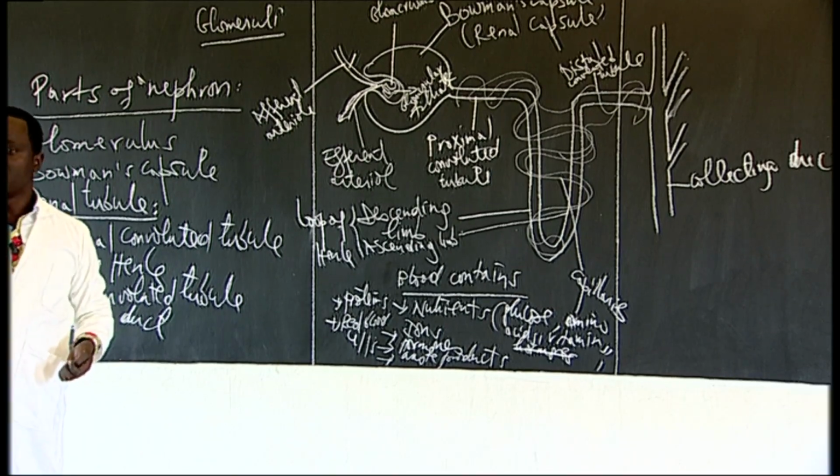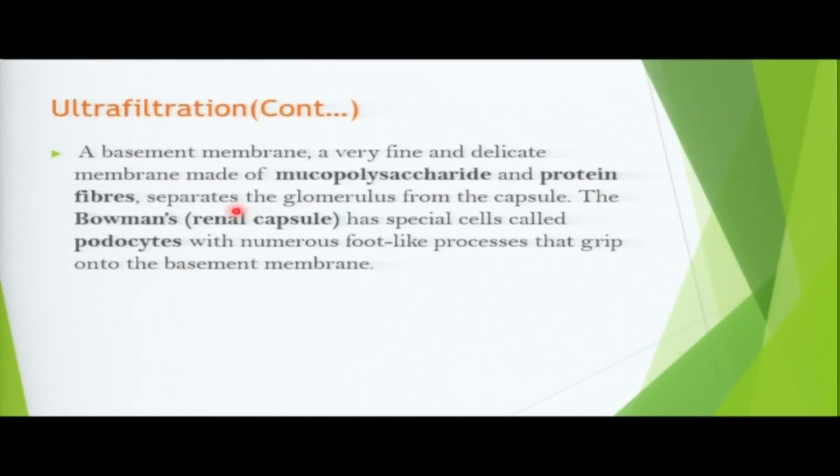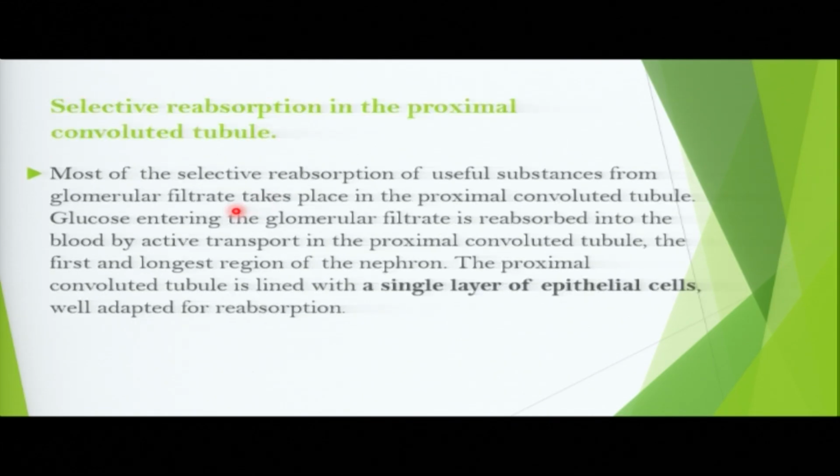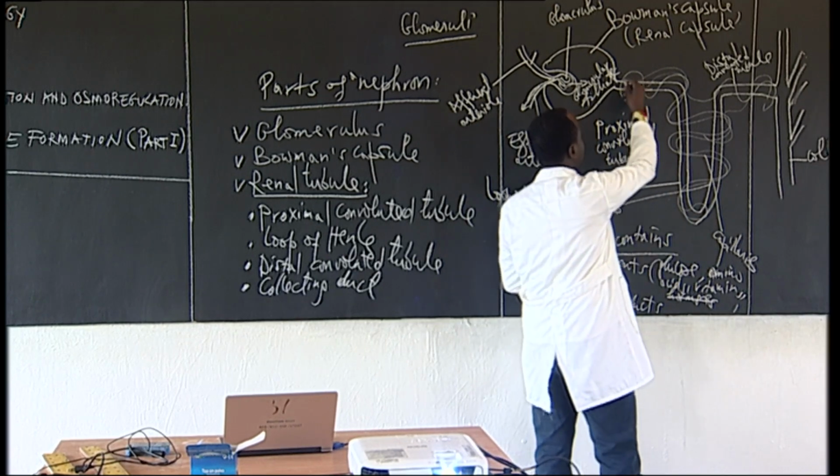So now, after urethral filtration, as you have already described, it's taking place here at the glomerular. And after that, it is called the glomerular filtrate because it has taken place in the glomerular. Are you okay? Now after urethral filtration, we have what you call reabsorption, selective reabsorption. Now, because our glomerular filtrate, our primary urine, has already been filtered, it has to pass here at the